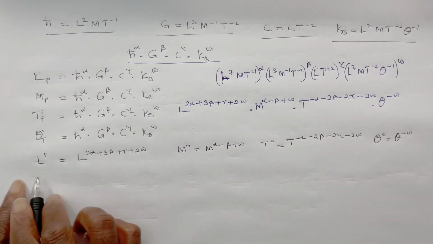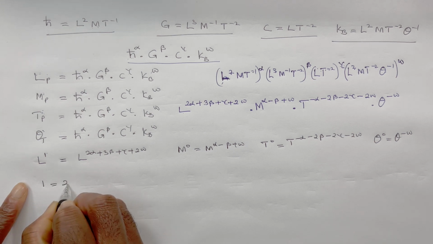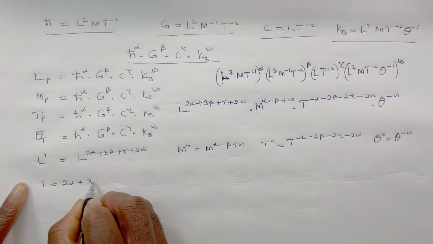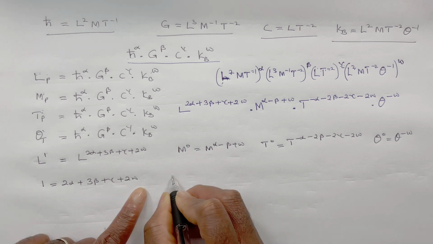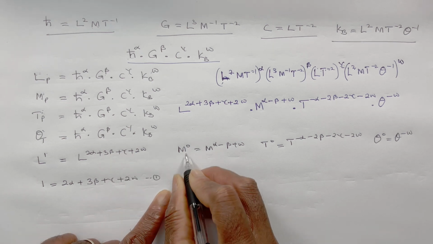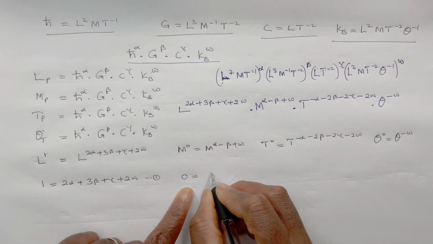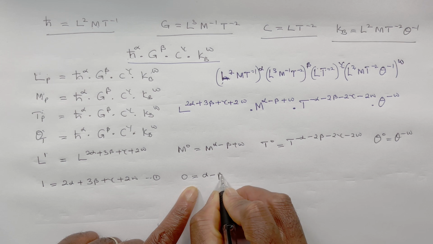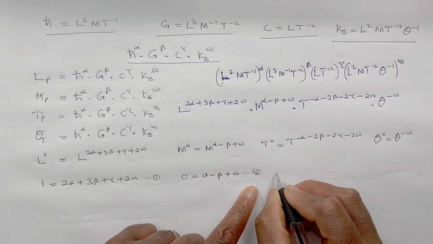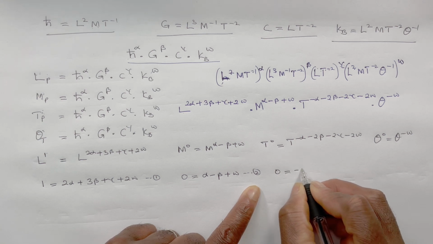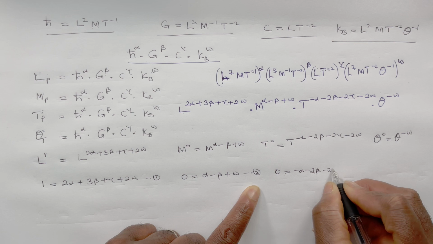So for the length, which is what I'm just looking for, the length will be 1 equals 2 alpha plus 3 beta plus gamma plus 2 omega. That's my equation 1. For m, because length doesn't have mass, it's just going to be 0 equals alpha minus beta plus omega. That's my equation 2. And time will be 0 equals minus alpha minus 2 beta minus 2 gamma minus,